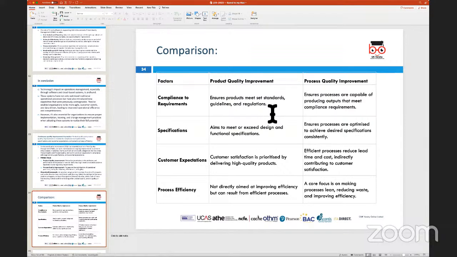Customer's expectation would be looking at getting hold of a product which runs for a number of years without any problems, no need of replacements or things like that. And that is what would be the prioritization from a customer standpoint of view. And process efficiency would be that although this particular side of the product is not looking at